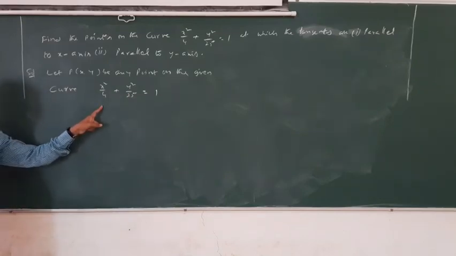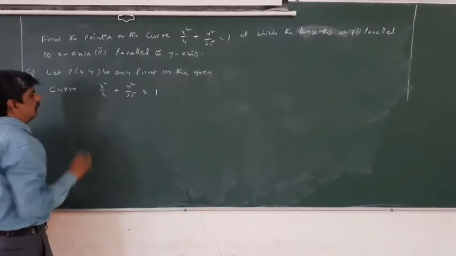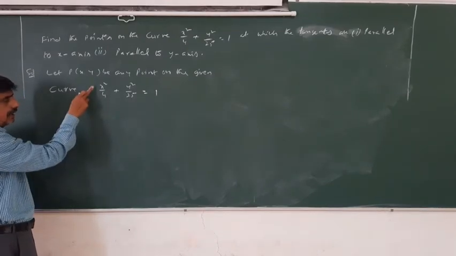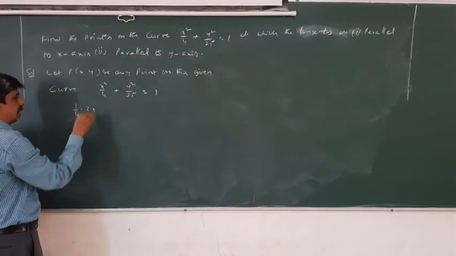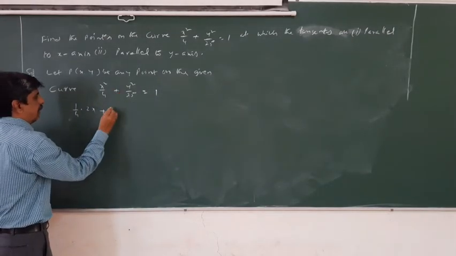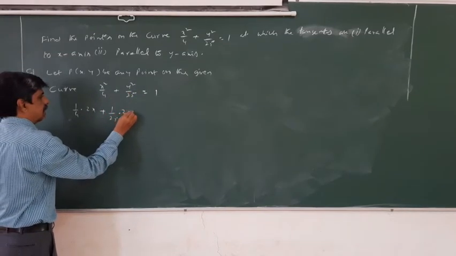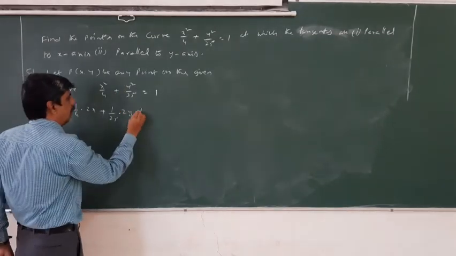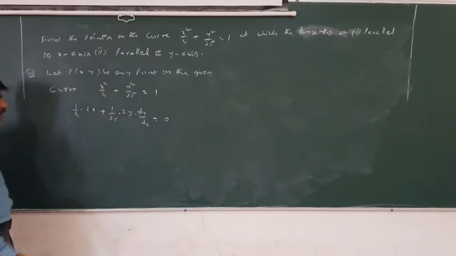Then dy by dx is what? Slope of the tangent. So now differentiate this equation. x square by 4 means 1 by 4 into x square. So 1 by 4 is a constant coefficient, keep it as it is. d by dx of x square is 2x plus y square by 25 means 1 by 25 into d by dx of y square means 2y. Here in the place of x not there, then d by dx of y we will write it as dy by dx is equal to d by dx of constant, derivative is 0.